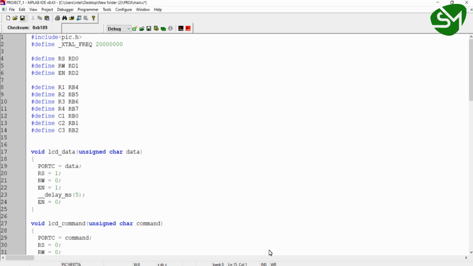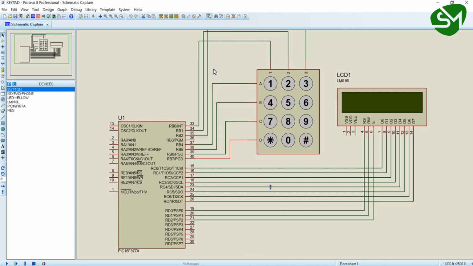So we have defined the macros for rows and columns, and the technique that we are going to use for interfacing the keypad is the row scanning technique. I explained this technique in the previous keypad working lecture, so we are going to implement that. For that we are going to make the rows of the keypad input and the columns output.